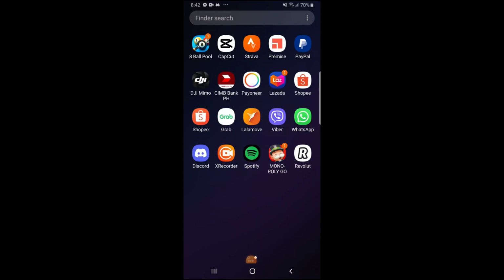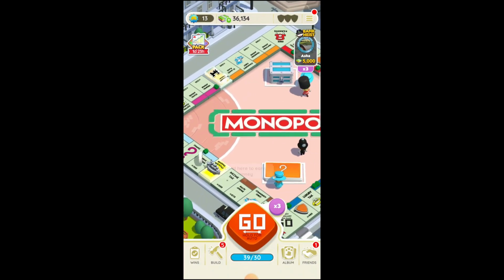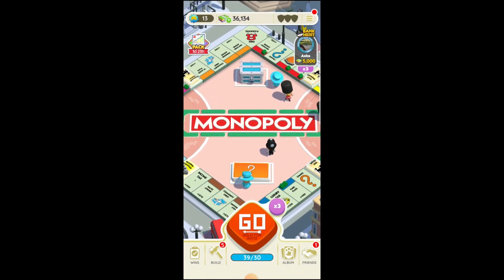Hey guys, today I'm gonna show you how to send a link in Monopoly Go. So let's open the app, and then from here on the right bottom you can see friends. Go ahead and click on friends,